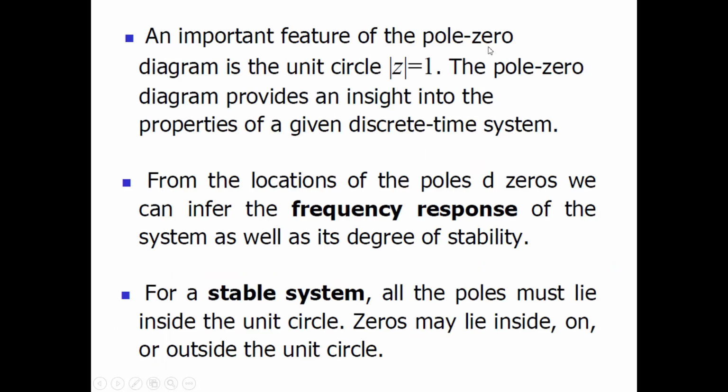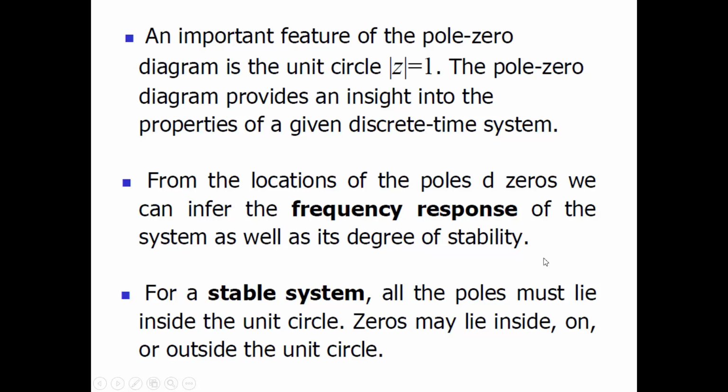An important feature of the pole zero diagram is the unit circle. The pole zero diagram provides an insight into the properties of a given discrete time system, whether it's a low pass, and how the characteristics of the system will look. From the locations of the poles and zeros, we can infer the frequency response of the system